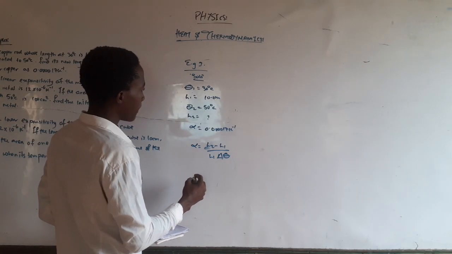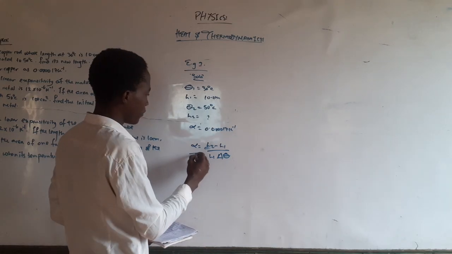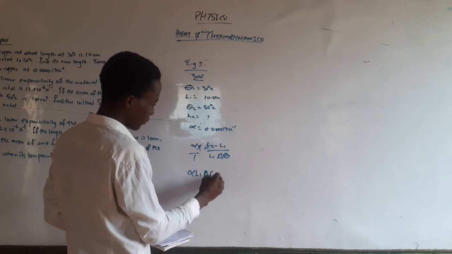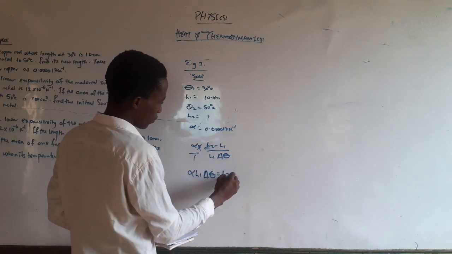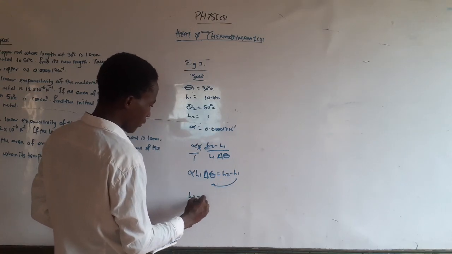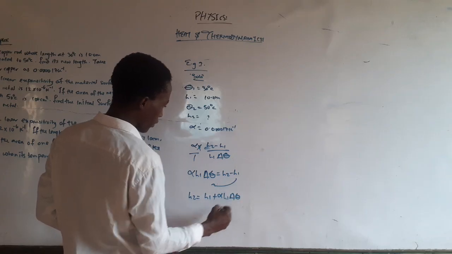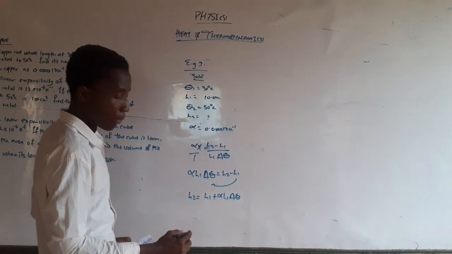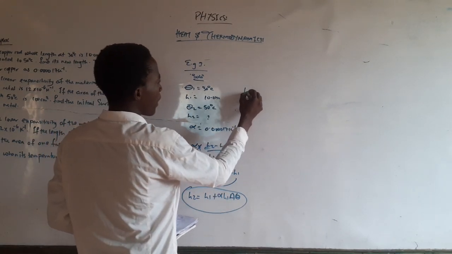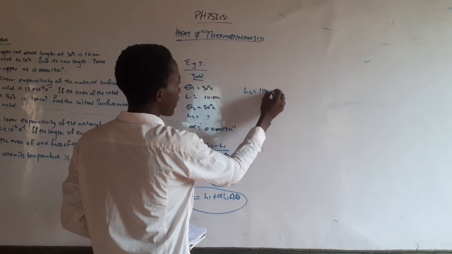Let me make L2 the subject of a simple formula. Cross multiply, so we have alpha L1 change in theta equals L2 minus L1. Taking L1 to this side, L2 is given as L1 plus alpha L1 change in theta. Pay attention, this is what we are going to use. L1 is 10 meters plus